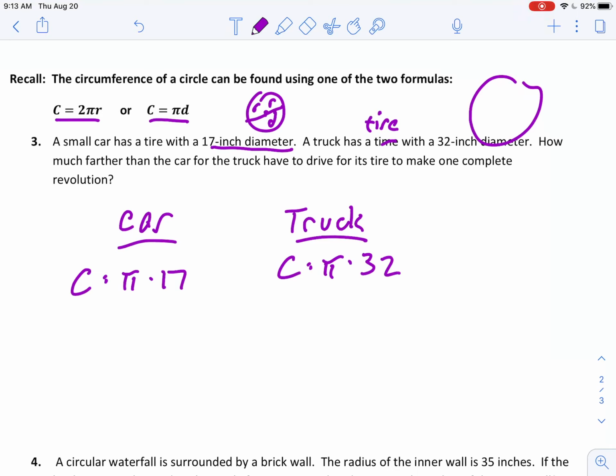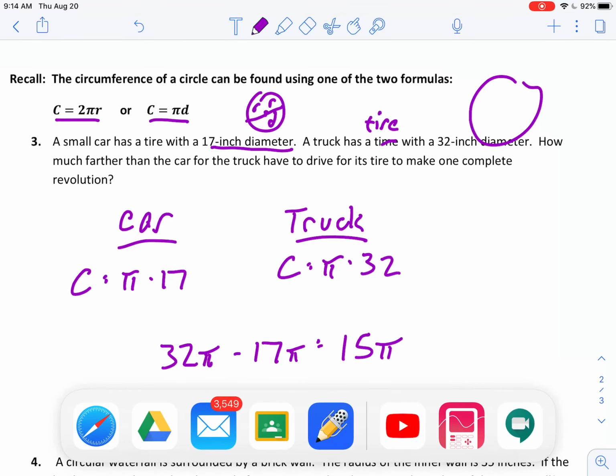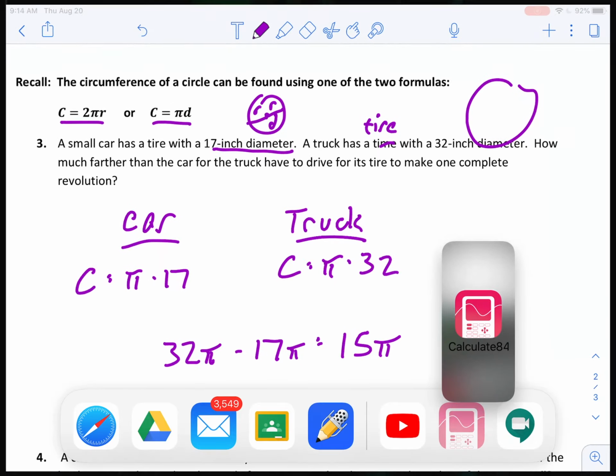Now, I really don't know how to compare these two in terms of pi. Well, I guess I can go 32 pi minus 17 pi, which is 15 pi. And if they want the answer in a decimal, because I really don't know what 15 times pi is conceptually,